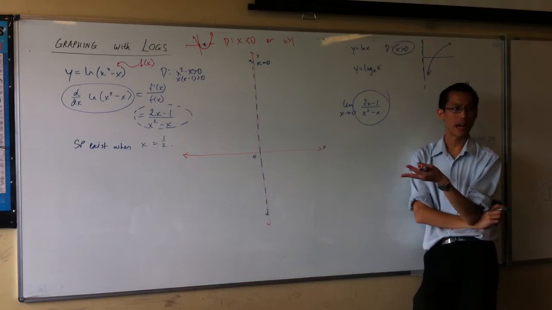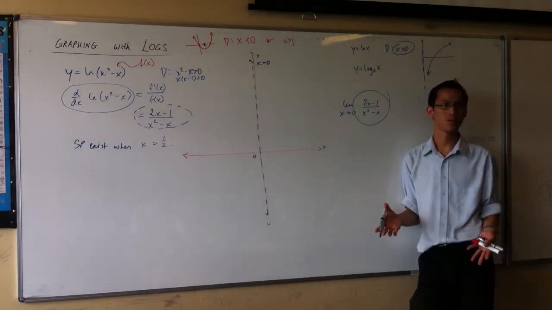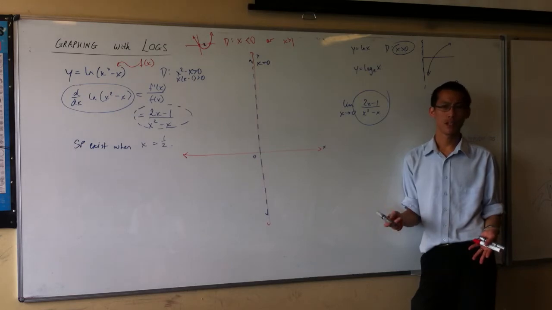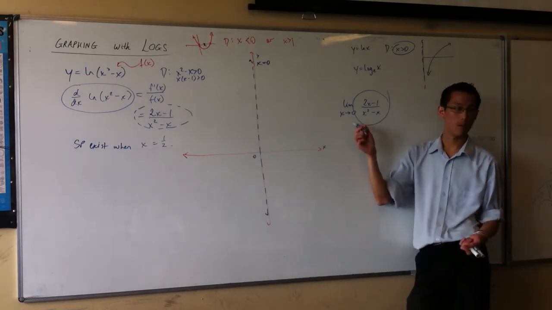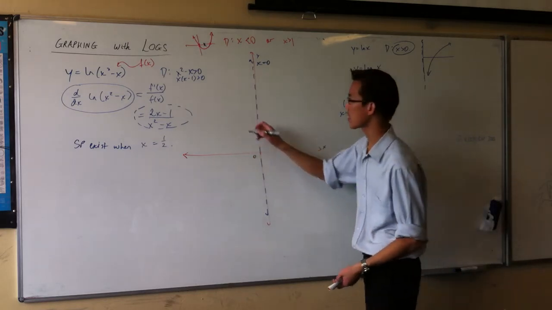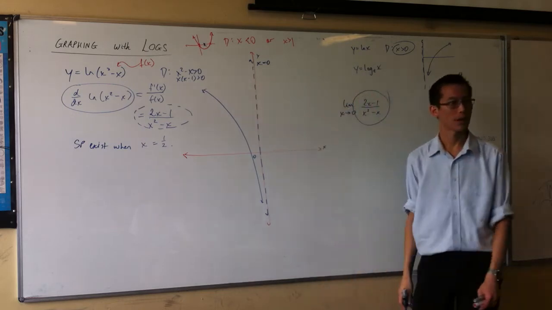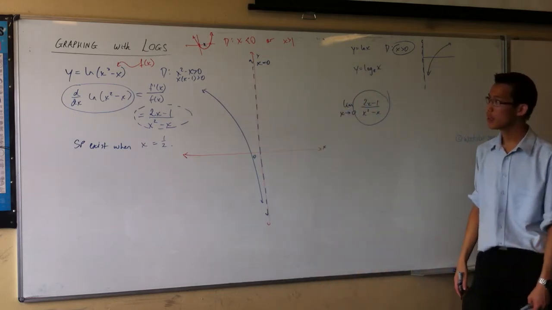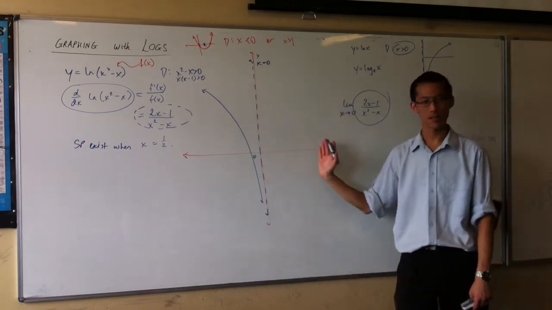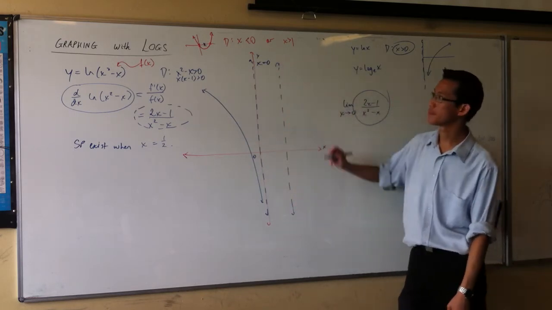What would that mean for the graph? What does it say to you when your gradient is a very, very large negative number? It's really steep, and it's decreasing, right? As I approach 0. So this is the kind of shape that you get. I can't cross this asymptote,